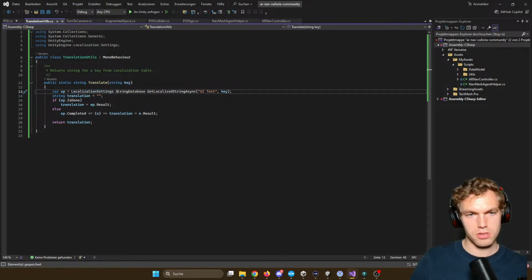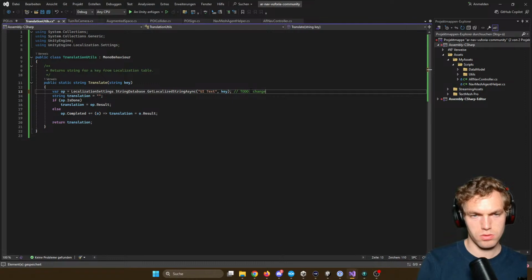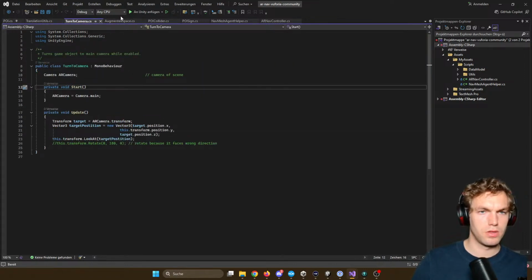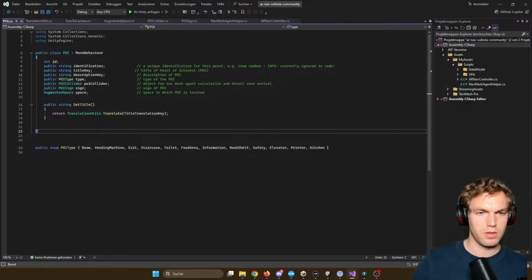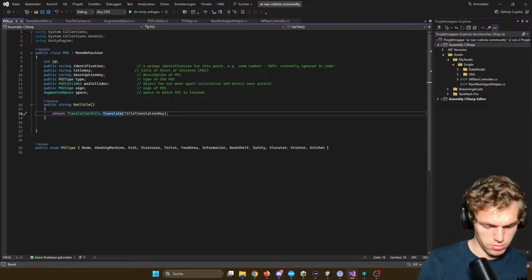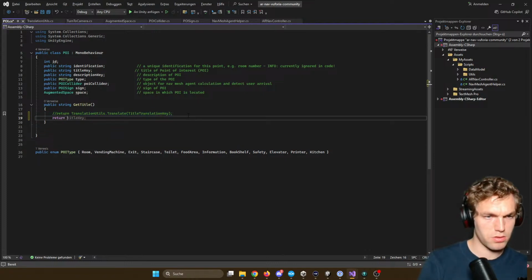Oh, it still exists, so maybe it works. Probably need to change this to change the table name. Yeah, but for now we're not going to do this because we don't have it implemented yet. Command K C. There we go. We're just going to return